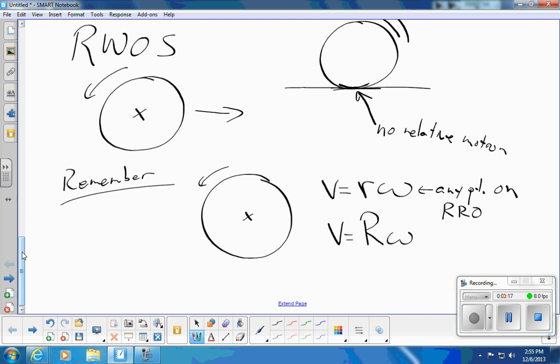And it says if you have a point P, this of course is a reminder, we've done all this. If you have a point P, a distance r from the axis of rotation, the magnitude of its speed v is equal to that distance r times the angular velocity of the rigid rotating object. And that can apply to any point, and therefore you might have different values of r depending where the point is. On the other hand, the second equation applies